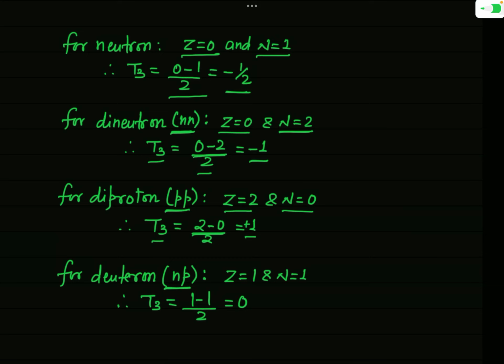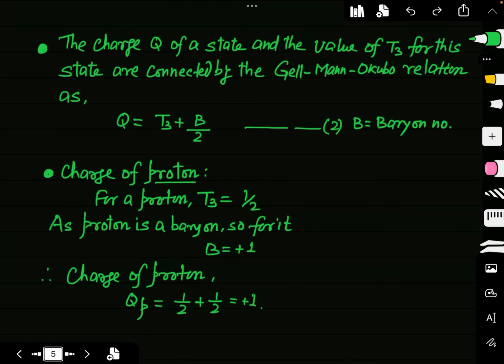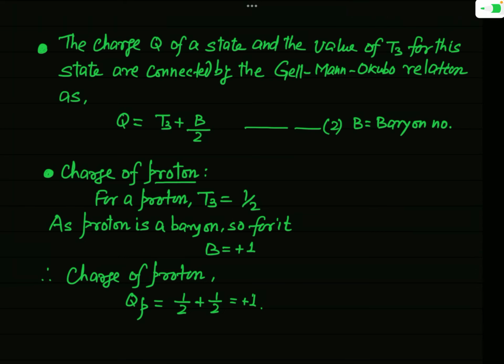So in this case, the number of protons is 1 and the number of neutrons is also 1. So T3 for this deuteron is equal to 1 minus 1 over 2, and that will be equal to 0. So remembering that formula, you can find the value of T3 for such particles or such systems. Now, as I have told you earlier, this quantum number, that is the isospin quantum number or